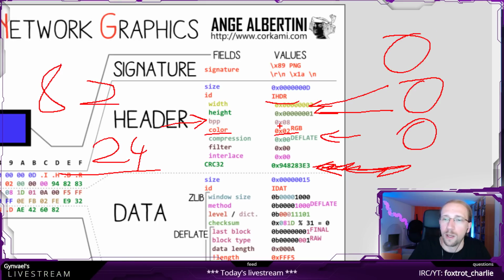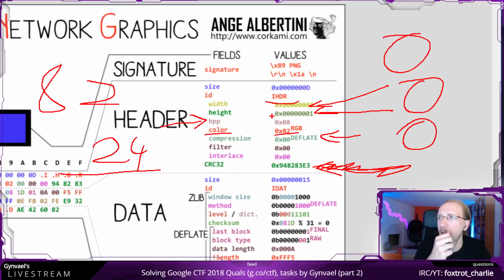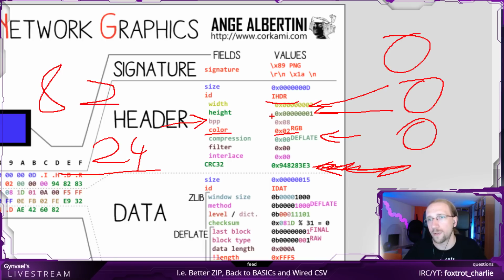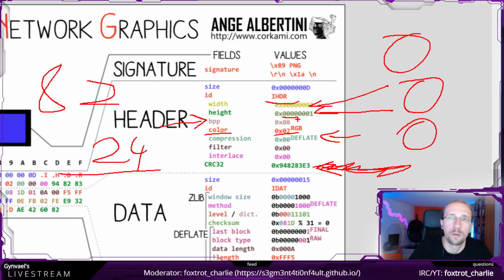And the height, I guess we can estimate that given that the size is like this, then the height is probably going to be no more than this. My guess is that the top 2 bytes are going to be 0. I'm pretty sure that the height is not going to be more than 64,000.